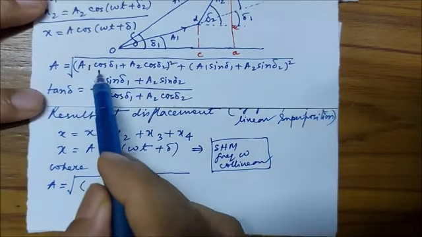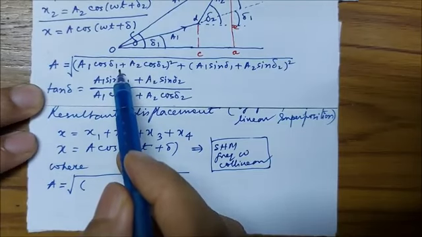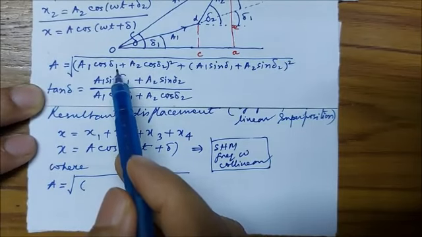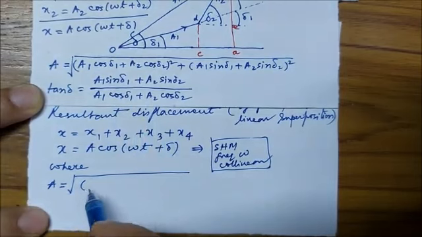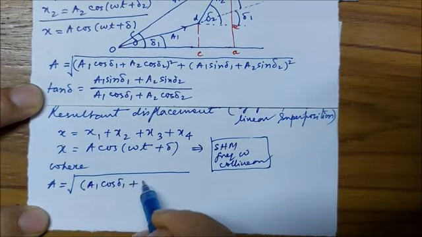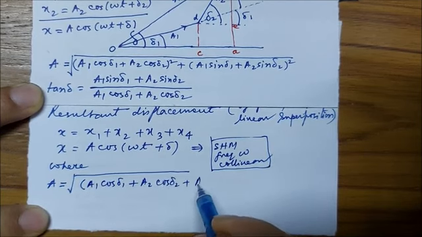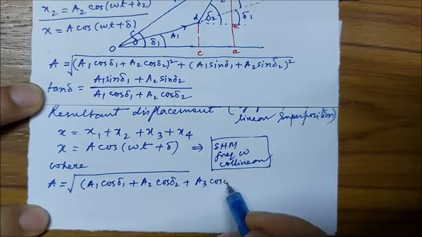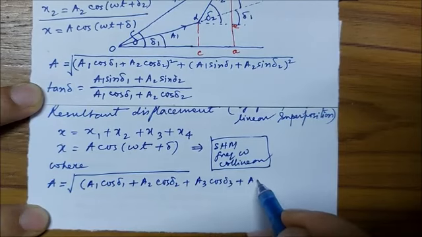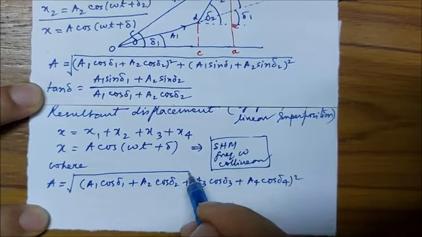We have to write 4 such expressions in the form of a sum, so let us use the summation sign and write it. So let us first write it as A1 cos delta 1 plus A2 cos delta 2 plus A3 cos delta 3 plus A4 cos delta 4 whole square